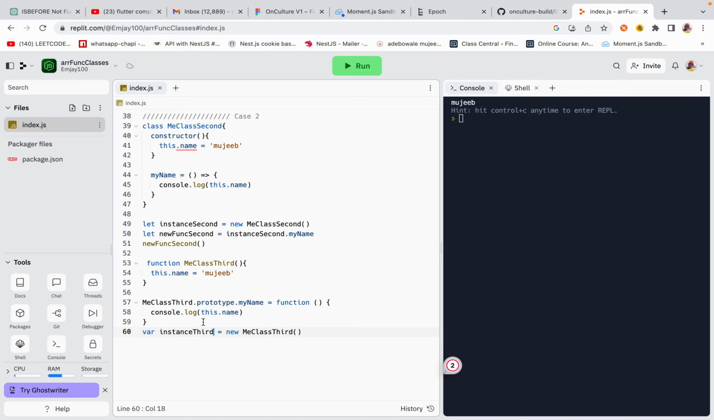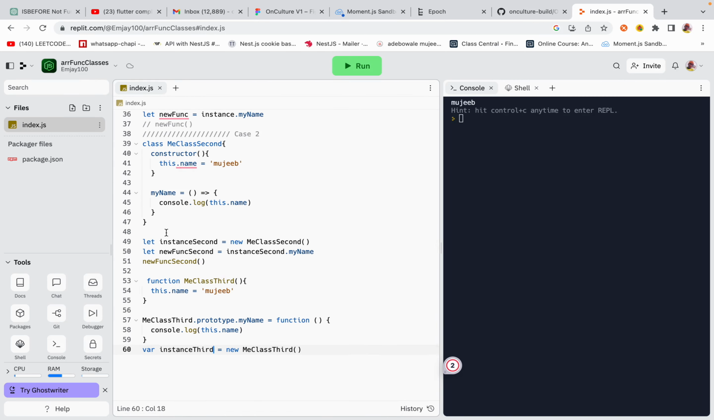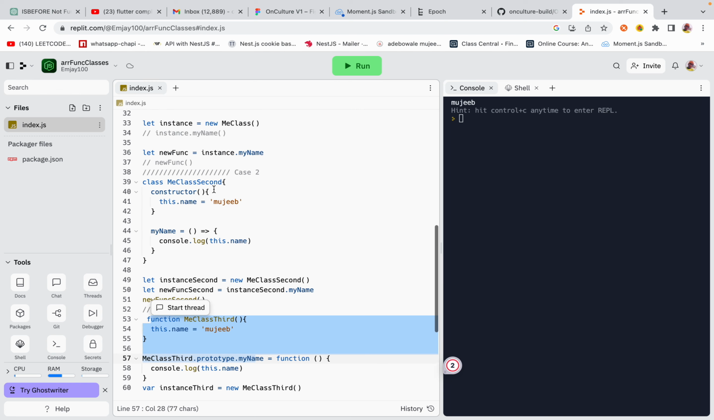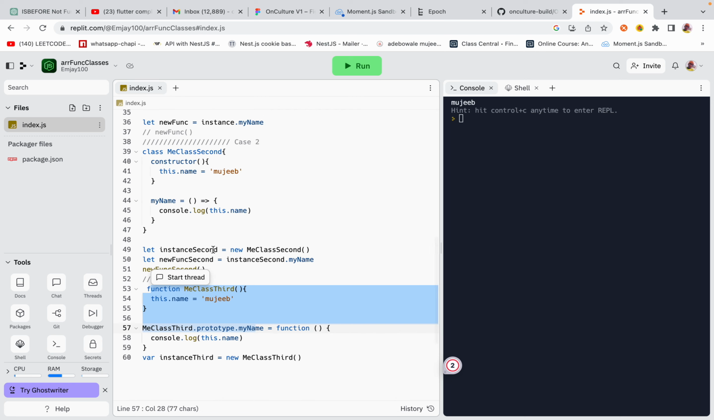We have created another instance, right? This is another approach. This is case, let's call this case 3. Case 3. I hope you are noting down these cases, right? This is case 3, right? Now, the difference between this traditional approach and what we had before is that this method,